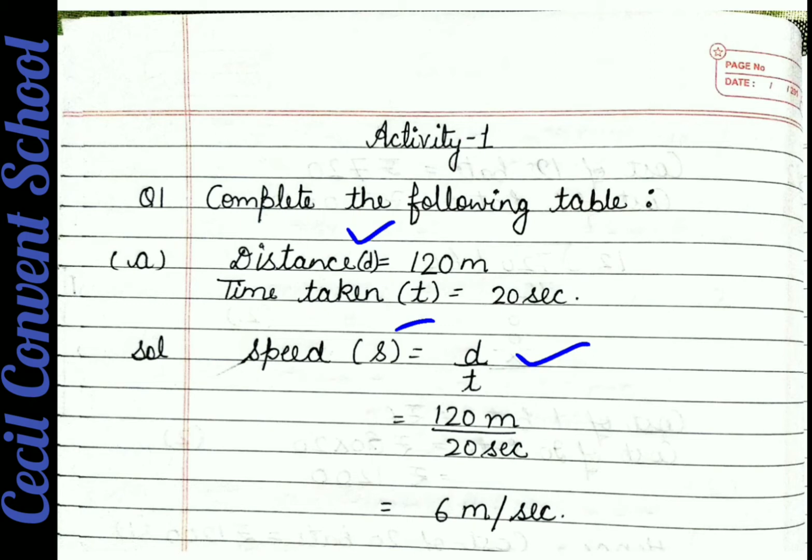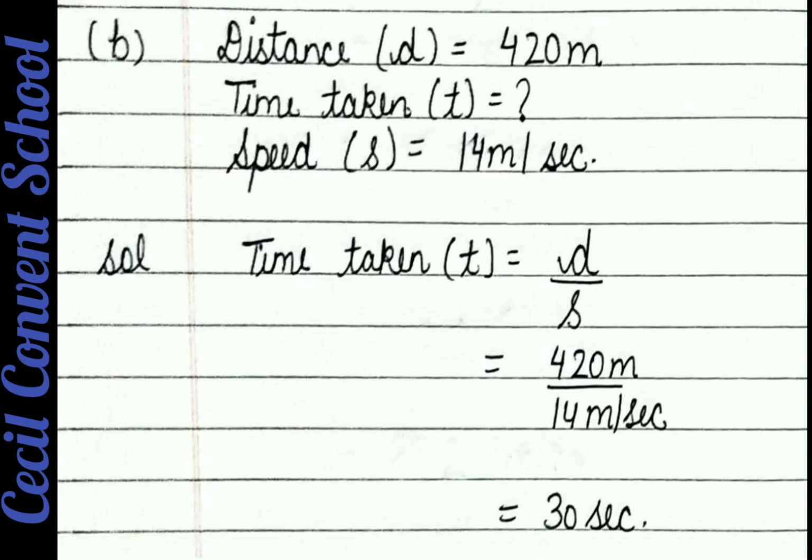Remember one thing: the formula of speed you all know, but the unit of speed is always meter per second. Clear? Or kilometer per hour; these two units can be used. So remember the units also. For speed we can use meter per second and kilometer per hour. Any one we can use, according to which one is given. And it is already given in your book, so please underline it in the book also. It is given on page number 144. Clear? Now we do part B.